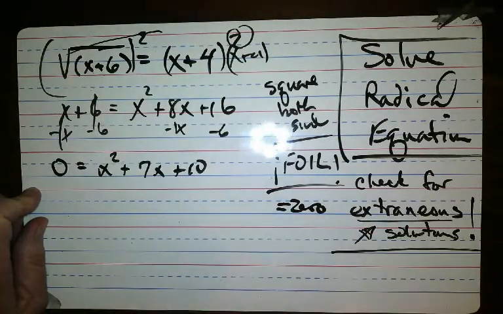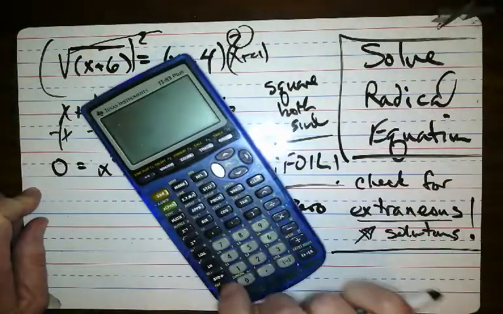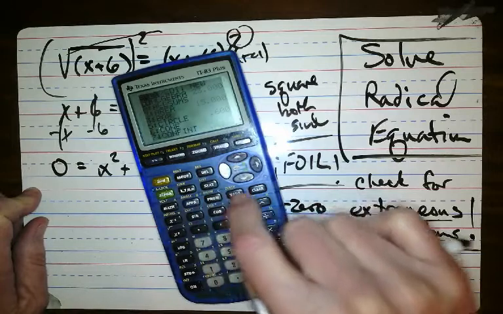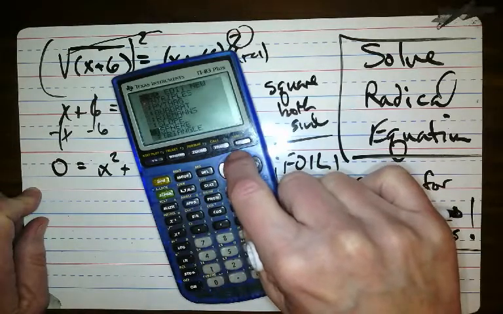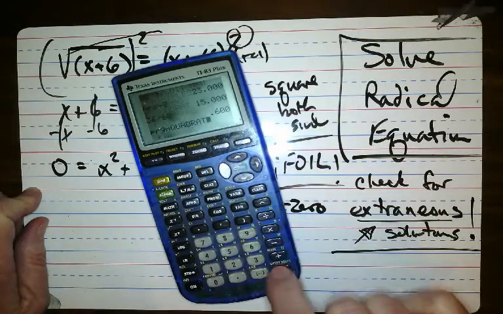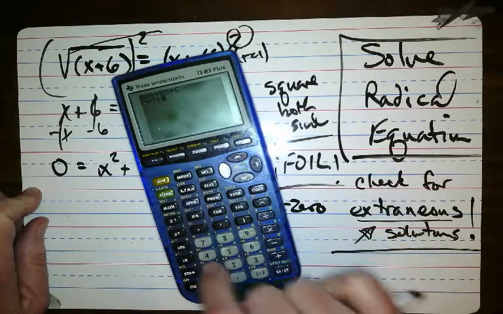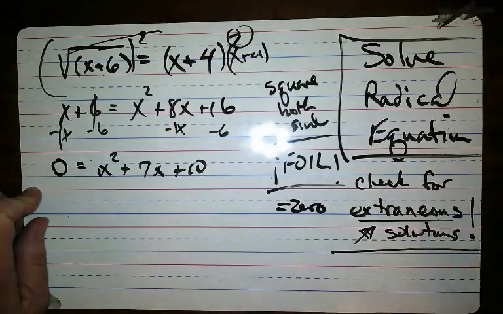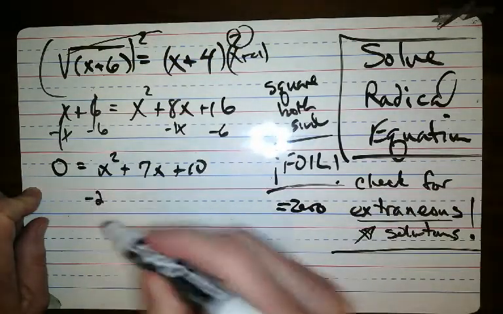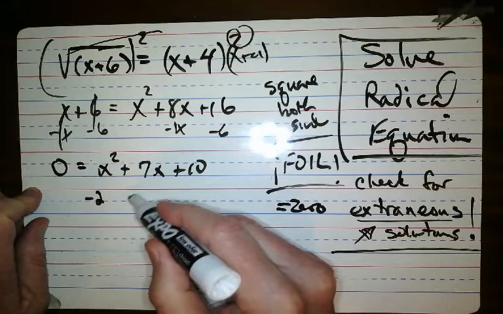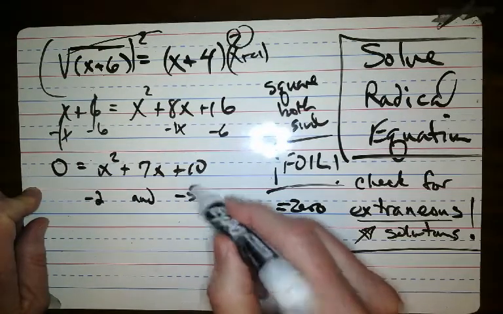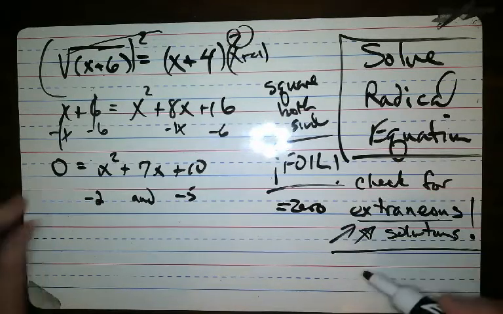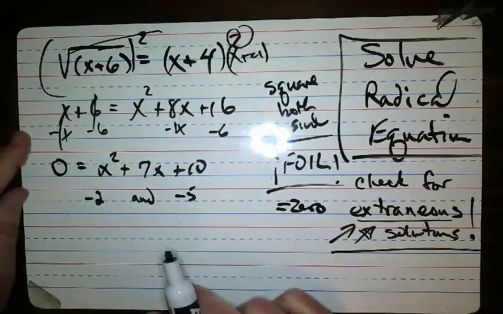Now you can use your quadratic formula if you got it. No problem. Or you can factor. If we use the program, it's going to tell us the answers right off the bat. So we got 1, 7, 10. It's negative 2 and negative 5. All right. Now then, when we check, we have to plug it back into the original question